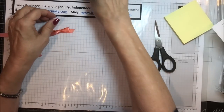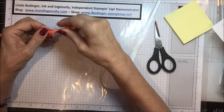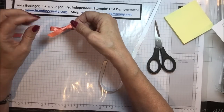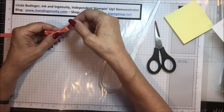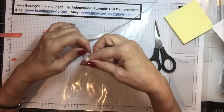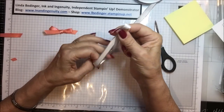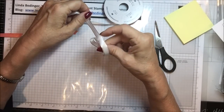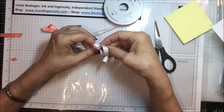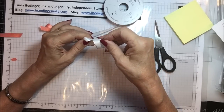So I'm going to do one more. I'm going to pick a different ribbon this time. And of course, all bows require a bit of fiddling. The tighter you pull this, the more you're going to get crimp in your loops. So the looser you leave this top knot, and I'm going to do it again, make my loop, hold this in my right hand, come around the back of the loop, fold this loop to go through and take the place of my thumb, and then pull